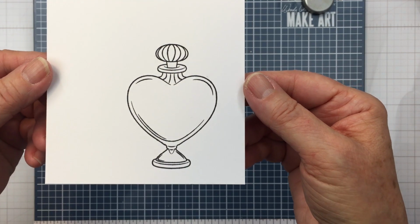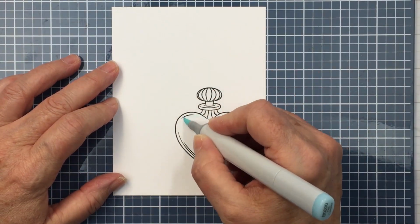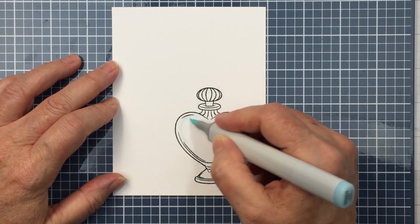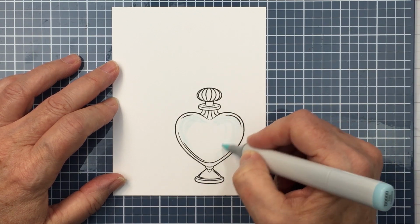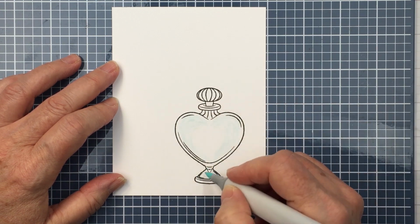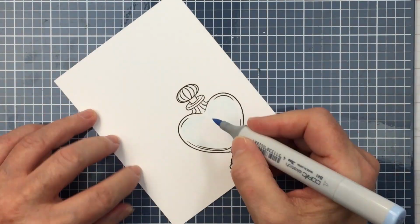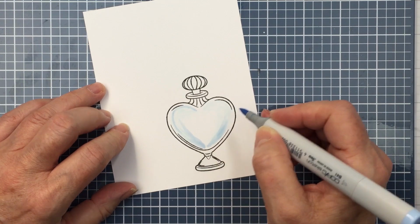It's so pretty. And I'm going to do a little bit of Copic coloring here, and this didn't really have to be very precise or perfect because most of it's going to get covered up by the label that I'm going to be using over top. But I just wanted to create just this little bit of impression of some blue glass. So I'm just using some flicking motions with my B0000. And now I'm coming in with a darker blue here